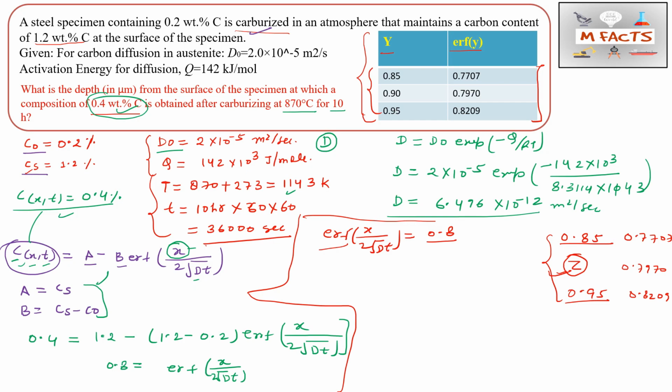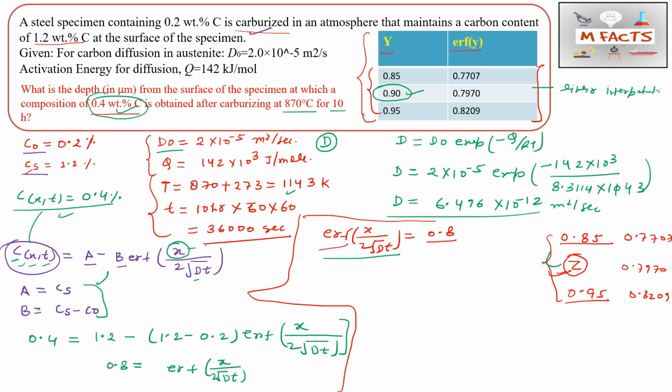This is the approximate value, and we need to find the exact value. You can do this by choosing one of these values directly, but you will not get the exact answer, only one in the range, and you will be doing it the wrong way. So I am telling you the correct way of doing this question. For doing it correctly, you can follow the linear interpolation method. I will tell you how we can use this linear interpolation.